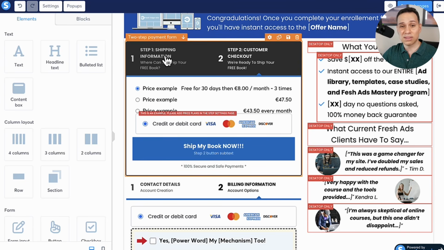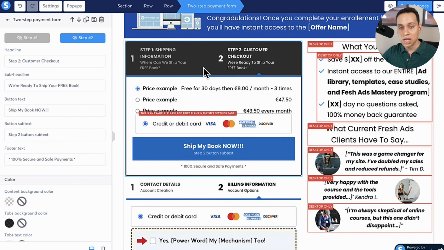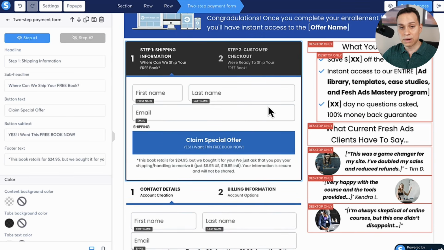Also, it allows you to collect their contact information before they've actually purchased. So if for some reason they go through step number 1, but they don't go through step number 2, you can actually have an email automation that goes out to them and says, hey, you forgot to complete checkout. Come back and finish the checkout, which is really cool. Now, you do need to be on the paid plan to do that because you're going to run out of the limitations on automations,